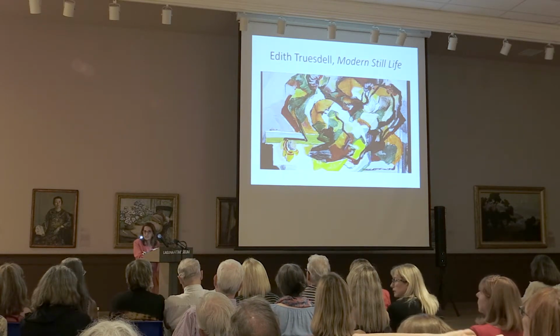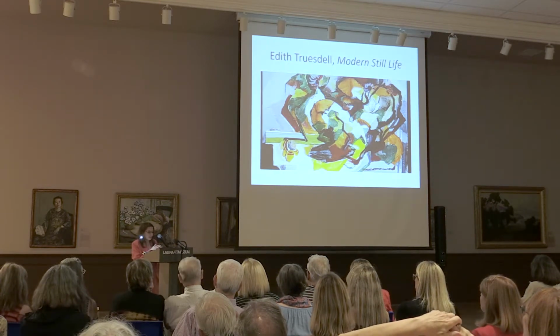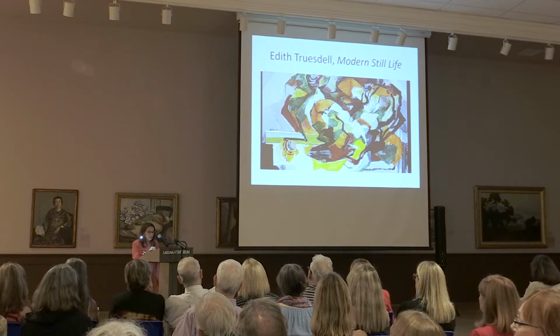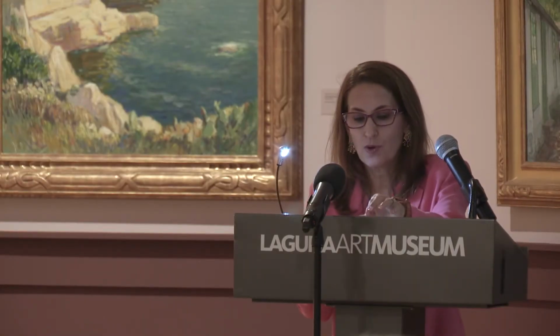He actually replaced Anthony Anderson in 1926 as the critic for the Los Angeles Times. Again, Laguna Life, the newspaper. Quote, "He has a wide acquaintance among the artists of Southern California, a sincere appreciation of their aims and ideals, and has an earnest desire to further the cause of art and to spread the knowledge of love for the beautiful in nature." Millier's first review, this is what he says, quote, "Not without a few tremors I embark on my first